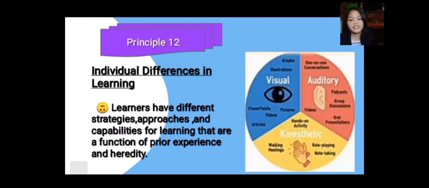Current trends in teaching encourage teachers to apply concepts on multicultural teaching, differentiated instruction, o tinatawag nating DI, and then universal design for learning, UDL. All these principles support the premise that teachers should be creative, innovative, and supportive of the individual differences of their learners. These trends in teaching offer various ideas, options, and ways by which diversity can best be used for meaningful